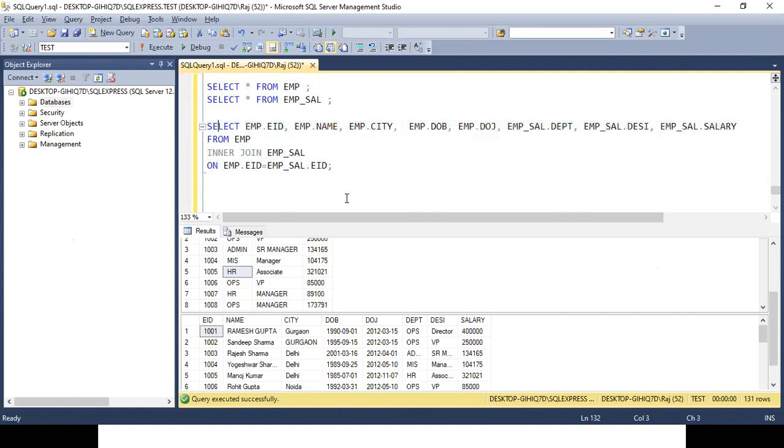Okay. So I'm just elaborating on this thing. I have specified the table name over here. Now see, as of now the name of the table is very small, EMP_SAL, three characters and six characters. But in a real-time scenario, the table name could be big, and writing the table name again and again is quite troublesome. So let's try to make this query simpler.